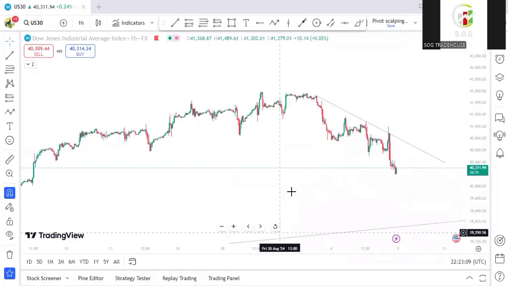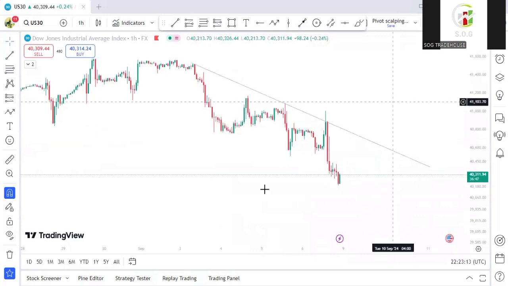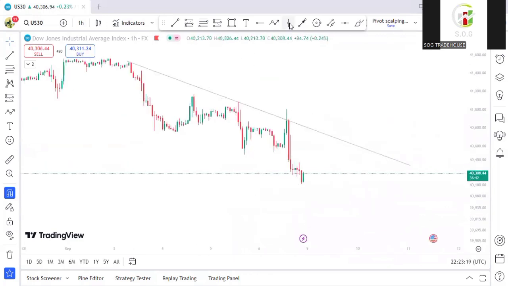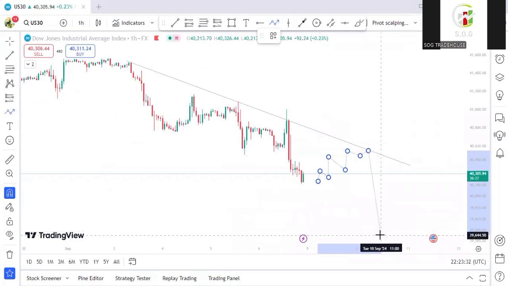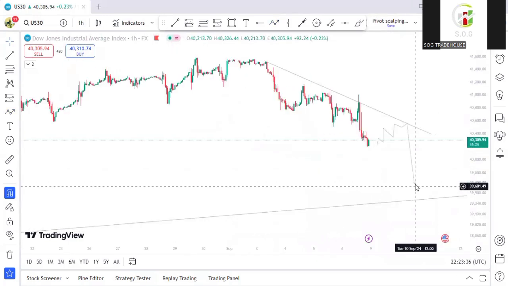So, like I say, we trade what we see, not what we think. What we are seeing currently on US 30 is a bearish trend on the 1 hour time frame. That means we should be looking for sales on US 30. So what we're waiting for is for the market to move back to this 1 hour trend line. And if we get our candlestick pattern on this trend line, we'll take sales and target